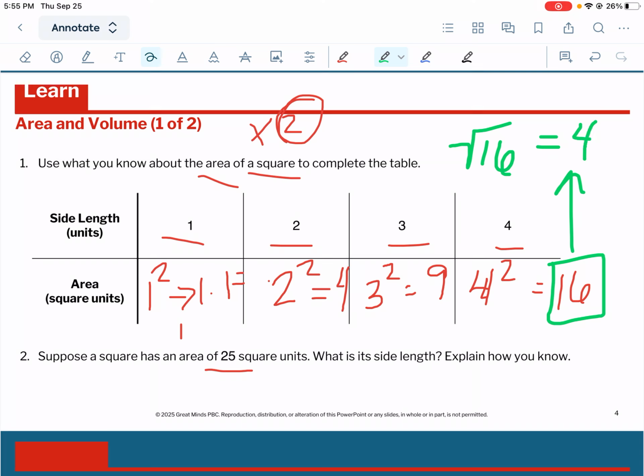Okay? Now for number 2, it gives us 25. I know off the top of my head that if I square rooted 25 to get the original x value, because that's what the side length is that it's looking for. It's looking for the original x value. Off the top of my head, I know that 5 times 5 is 25. So my x will equal 5. Okay, because I would have to square 5. But